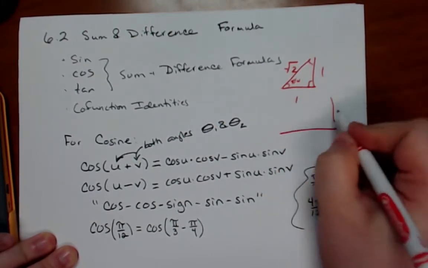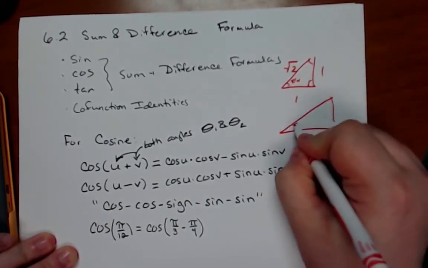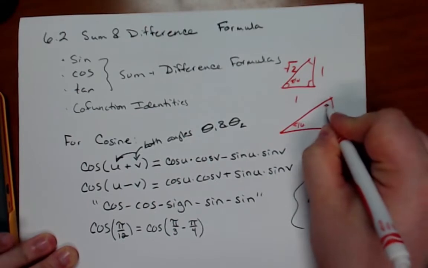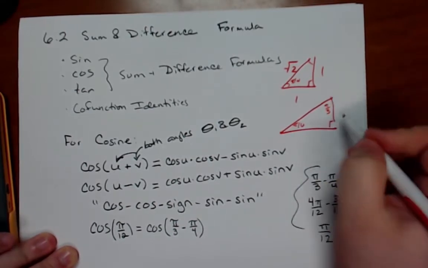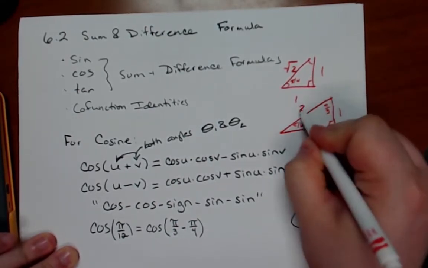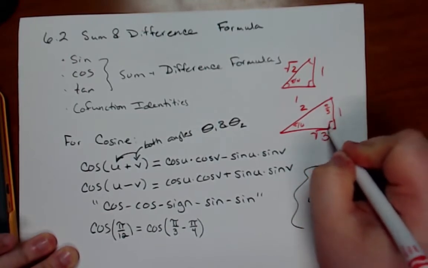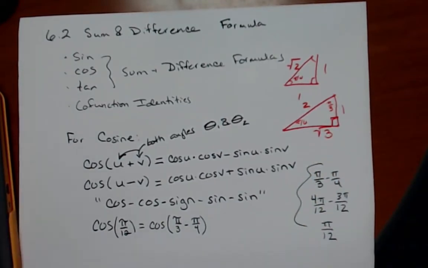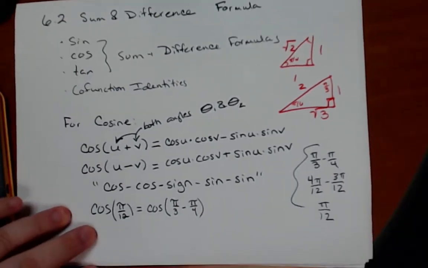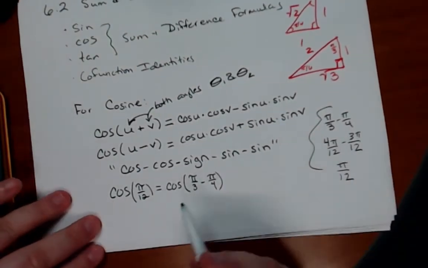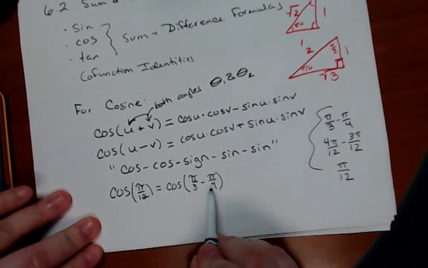And then we have our pi over 6, pi over 3, pi over 2 triangle. And that's our 1, 2, root 3. That's my 90-degree angle, my 1, 2, root 3 right triangle,